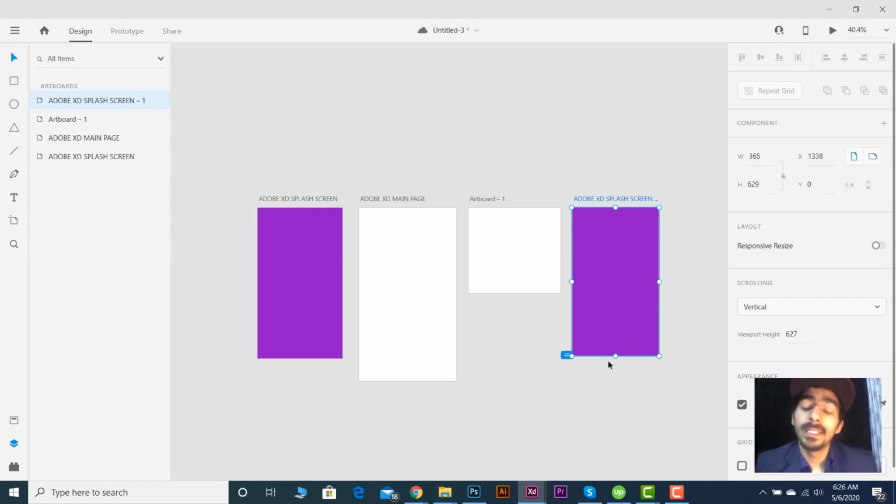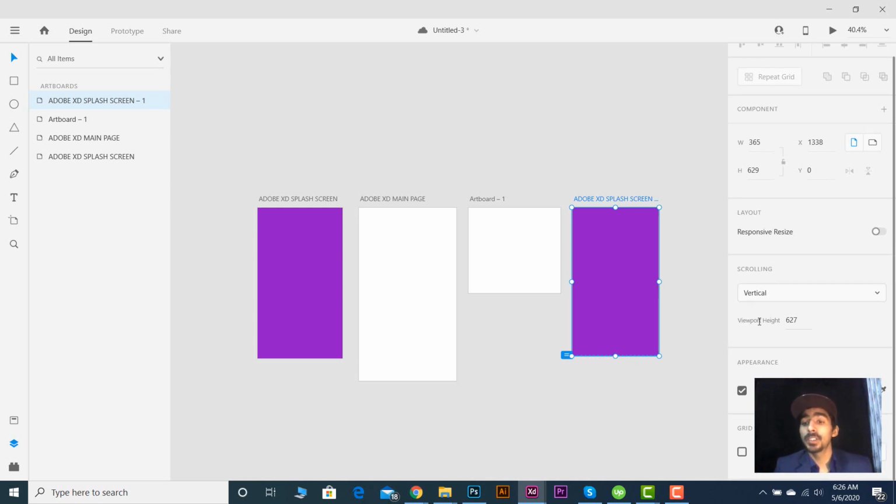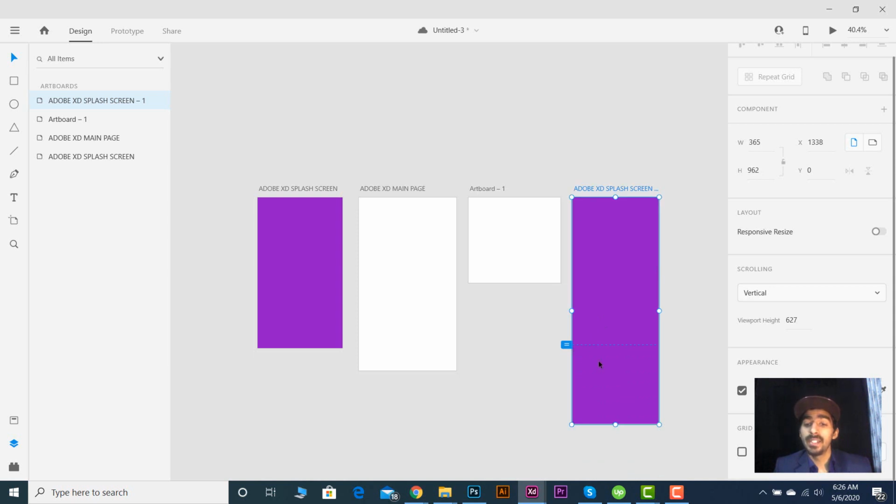Next I will let you know what the purpose of viewport height is in the property inspector, in this left panel. So what is viewport height? As you can see, when I scroll down the Adobe XD artboard, there is a line, or you can say a separator, in the artboard.